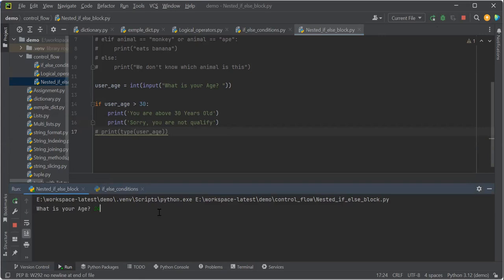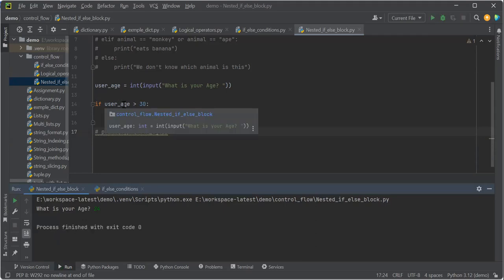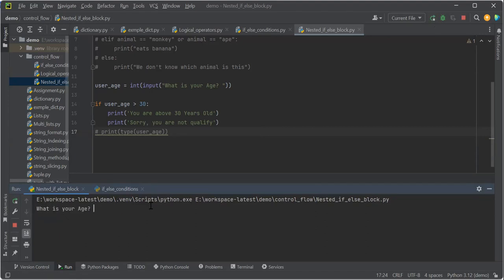Good. Yes, we don't get any output, because here we have defined only one condition. And the prints we are defining all belong to this condition, right? No output. But if the user enters the age as something like 40,